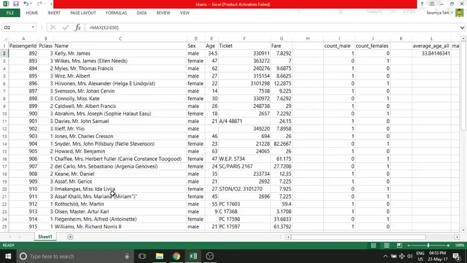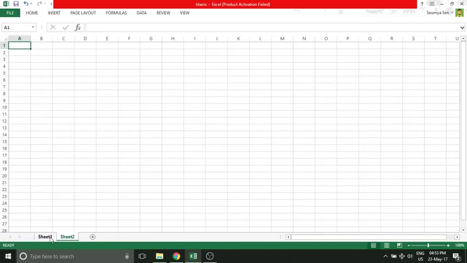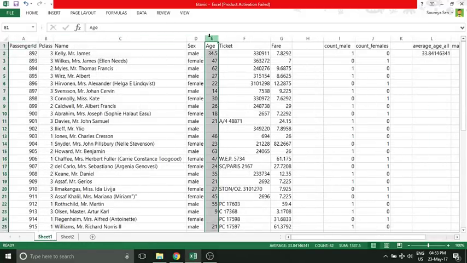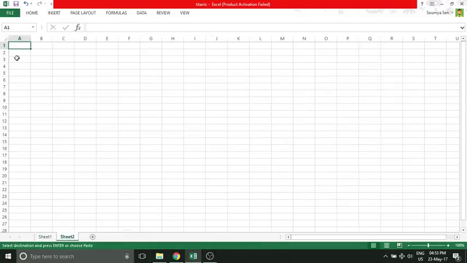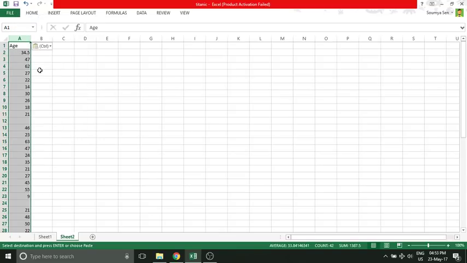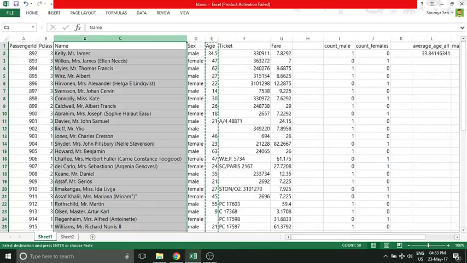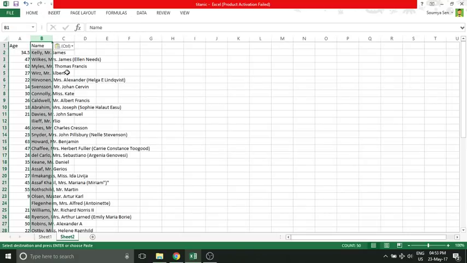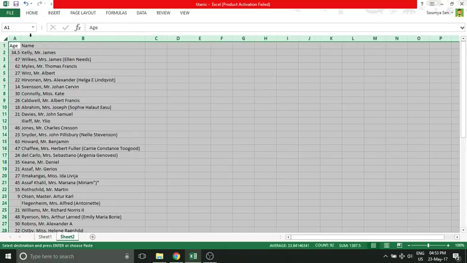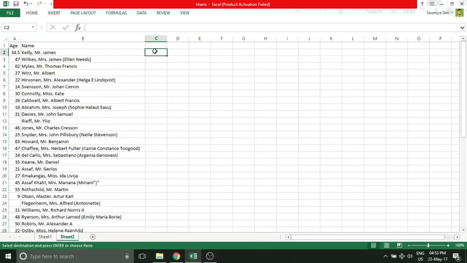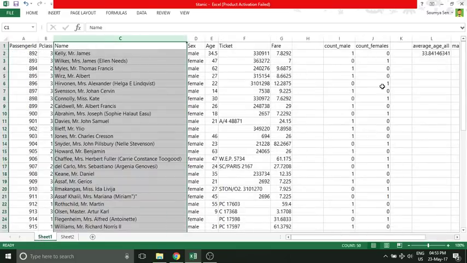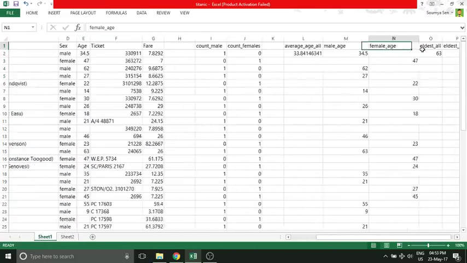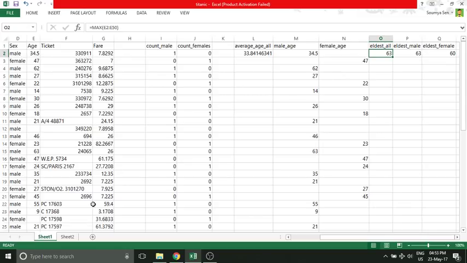For using that function, I'll take another sheet and print the age here, and I'll print his name here. So add the age and the name. The max age was 63, correct? Max age was 63. Okay,